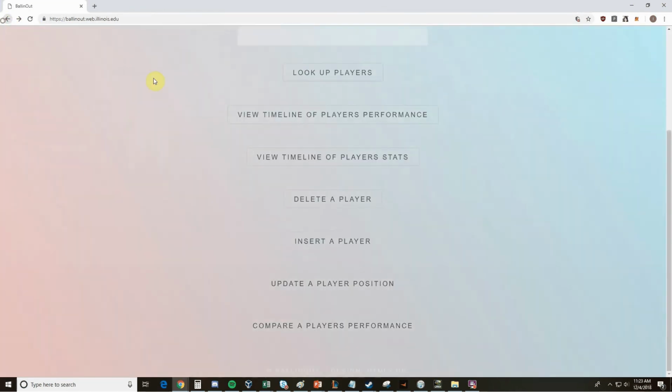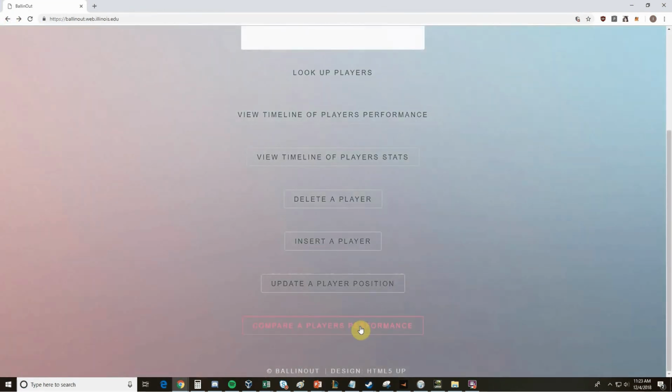All right, so it's one of our advanced functions here. So we're comparing player performances. So let's say maybe I know football really well, and I kind of want to gauge like how good Russell Wilson is compared to an NBA player. So